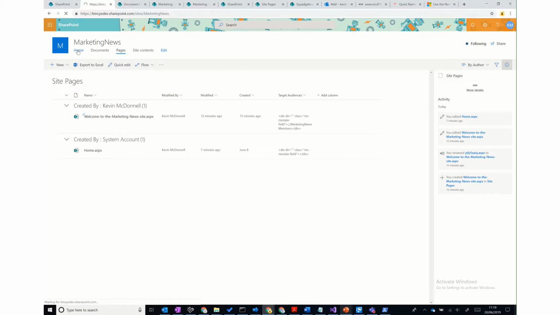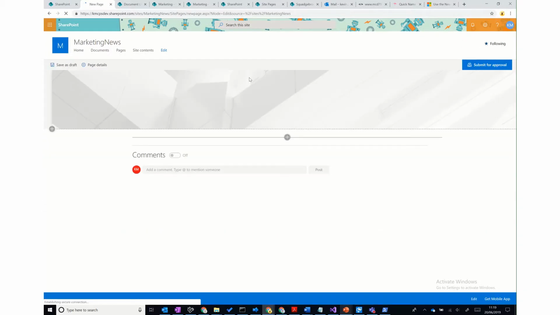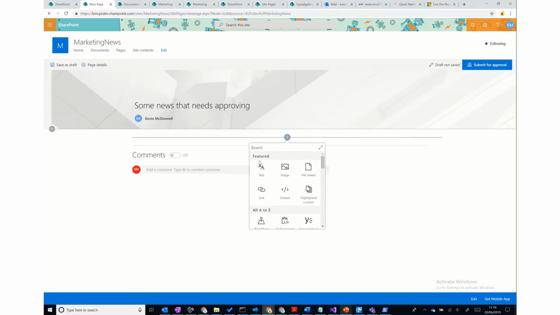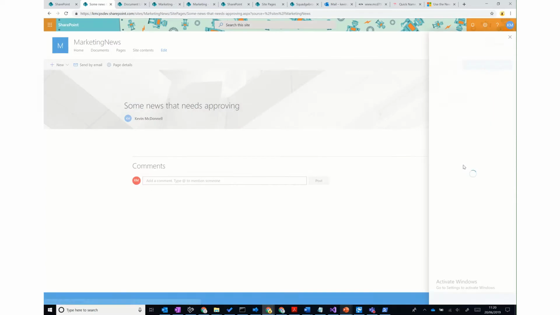So let's return to the home page and add a news article. Create a new post. Please, some new news that needs approving. And we can add some text. I know this is a boring article, but it needs to get out there. Not sure that will get approved, but let's see. You can see now that instead of the save, I've now got submit for approval. So I can click on submit,